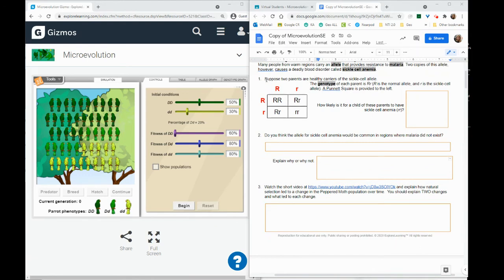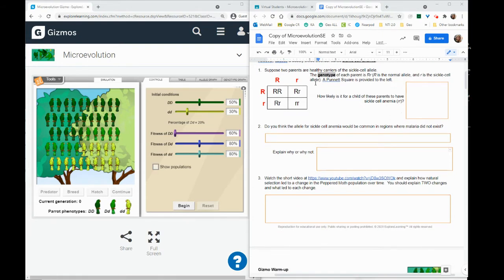So this question asks us, suppose two parents are healthy carriers of the sickle cell allele. That means that the genotype of each parent is big R, little r. How likely is it for a child of these parents to have sickle cell anemia, meaning being little r, little r? So if we look at this Punnett square, we see that of the potential offspring for these two healthy carrier parents, these two heterozygous parents,